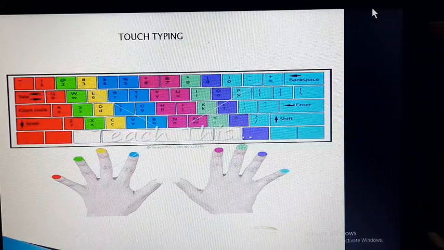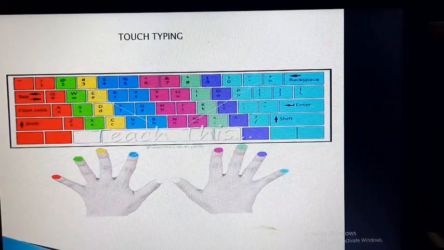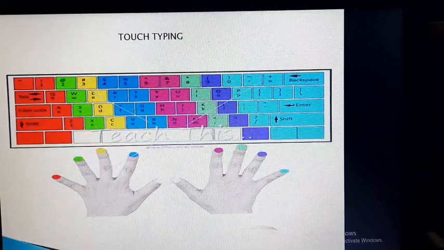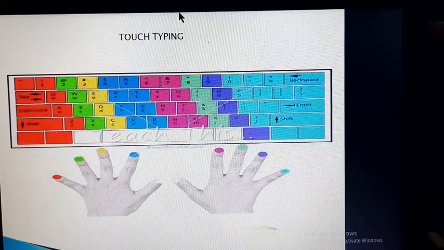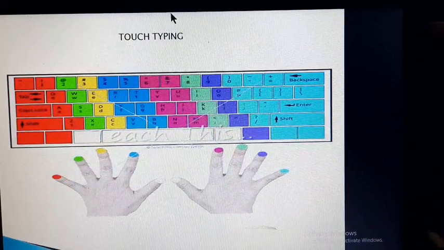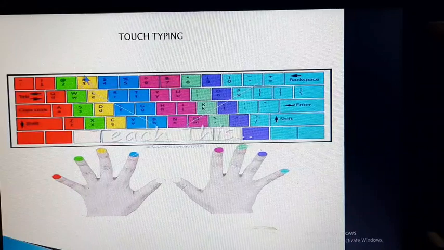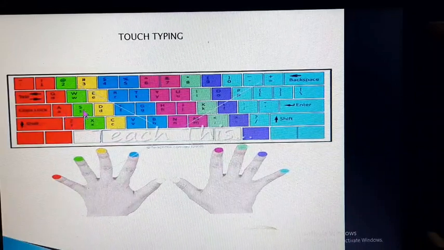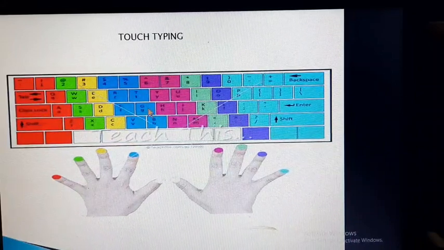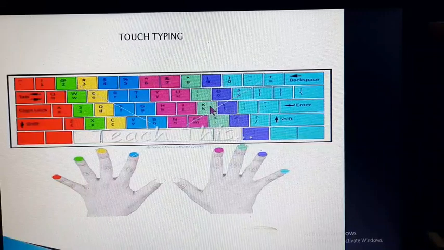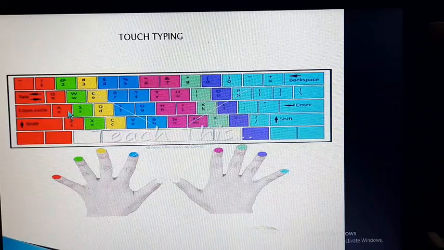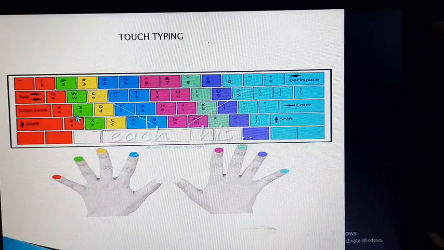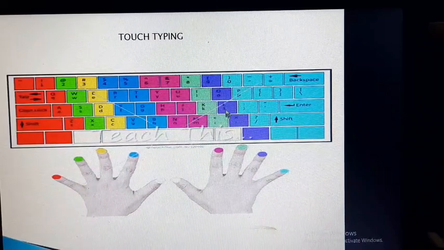There are mainly three stages in touch typing. In stage 1, the learner learns typing from the home row on the keyboard. This is the home row: A, S, D, F, G, semicolon, L, K, J, H. This is the home row of the keyboard.